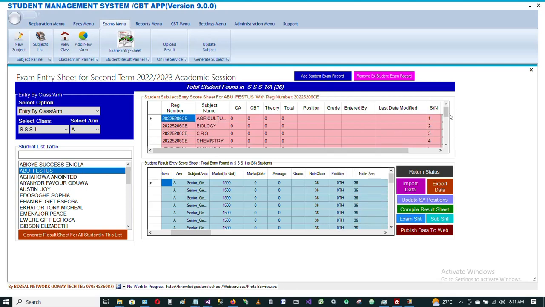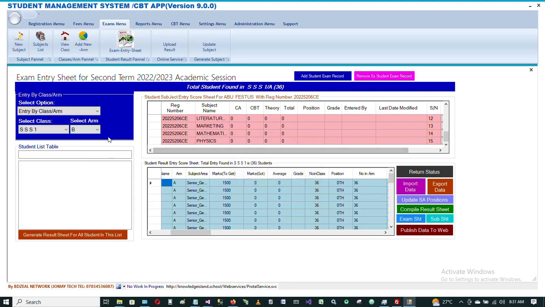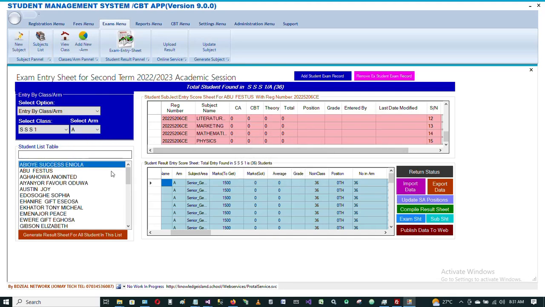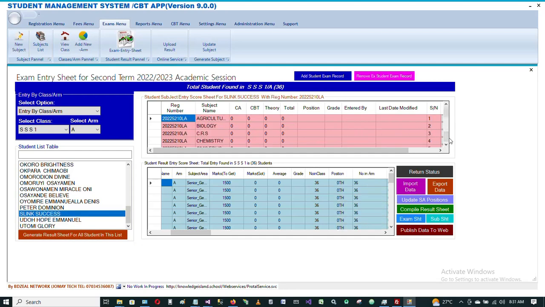Okay, you can see that there is no score attached to this science student. Let's look at the B class. Okay, no students. So I guess we will still continue looking at these students to see if there is anyone who has something from what we imported. So best still, we could